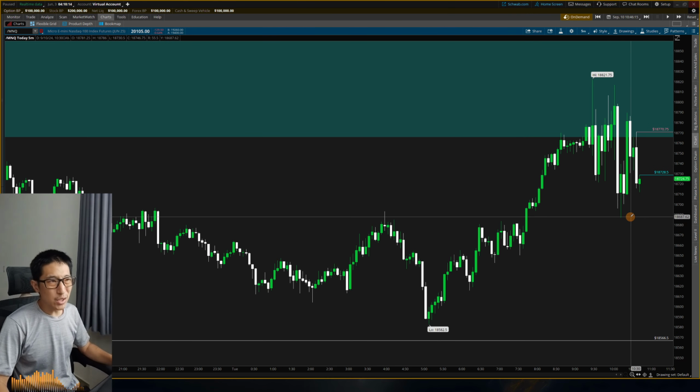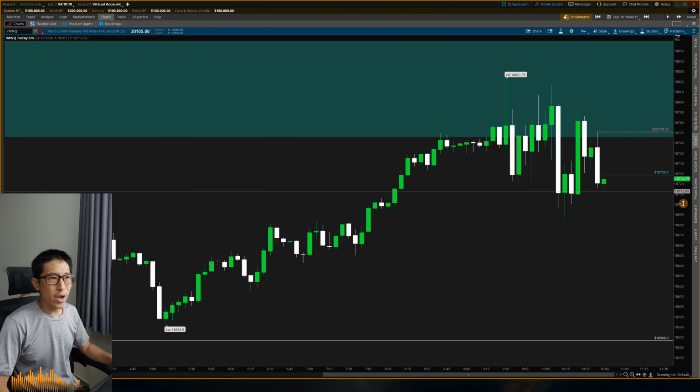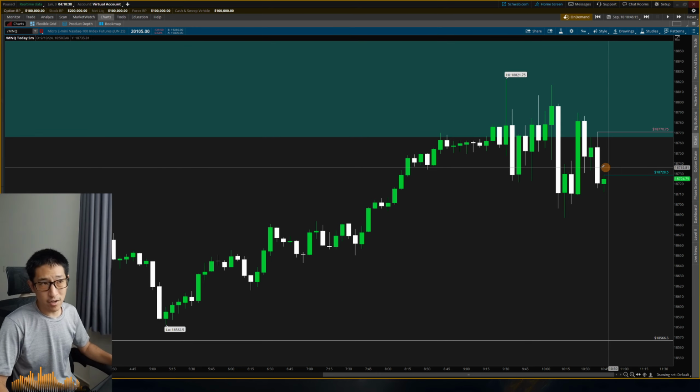Although I'm still a little wary because it is kind of choppy. I think I'm just going to go ahead and try it for one contract today, see how it goes. I'm not even sure if I have enough risk for 2 contracts before going up that 1% risk. Because of all this choppiness, I don't want to be risking too much. So if this fair value gap remains intact, we'll go. If it doesn't remain intact, there's no fair value gap, then no trade.